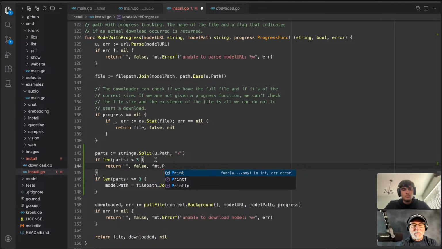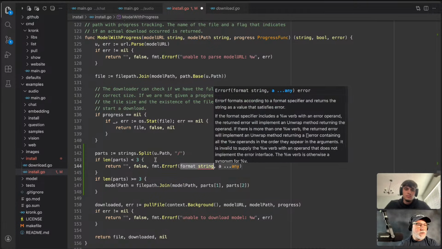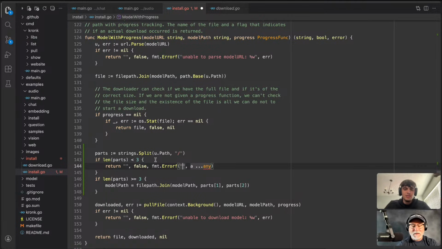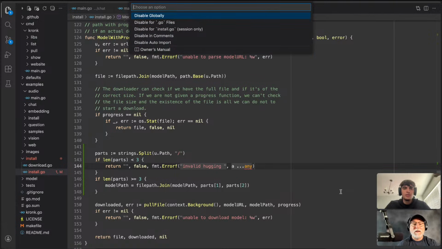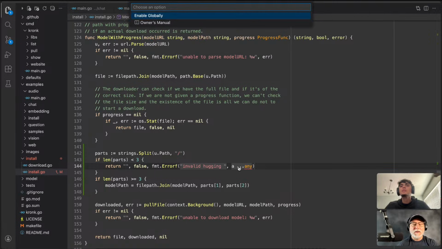Now this is where I wish I had tab completion, right? Invalid. It would be nice if you could hotkey it. I wonder if you can hotkey it. Just make a shortcut so you can turn it on and off. I'm sure there is. Maybe. Actually, you should look that up for me. Yeah. Invalid Hugging Face